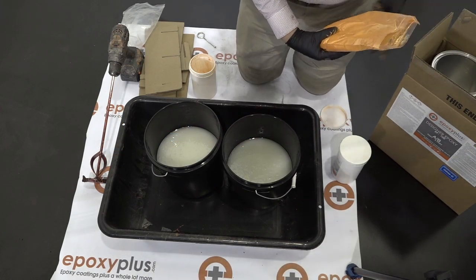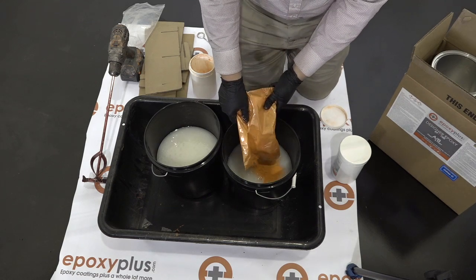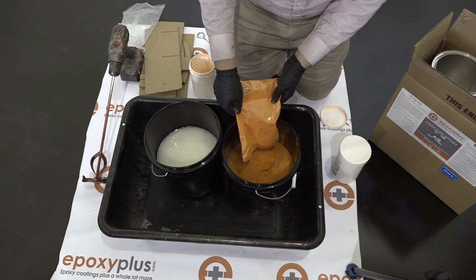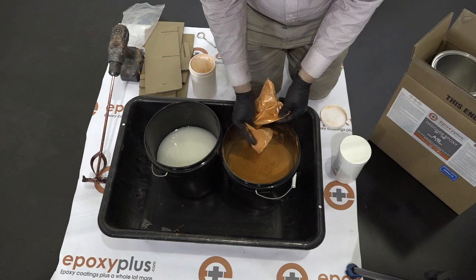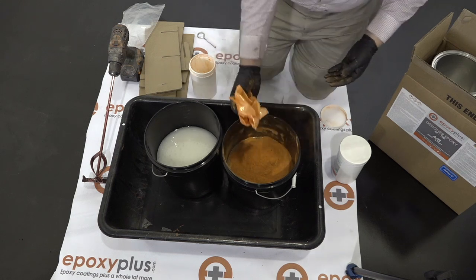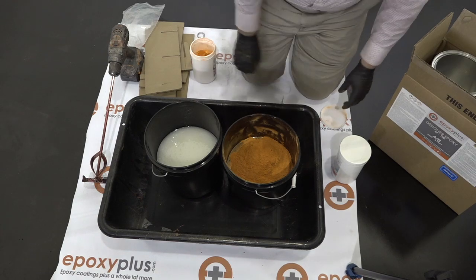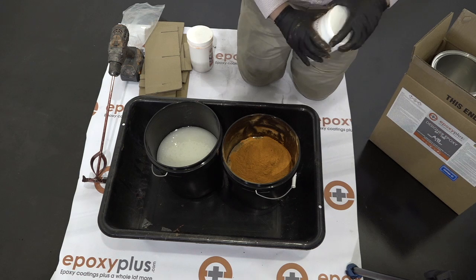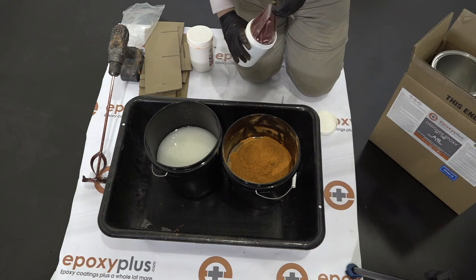All right, so we're going to go ahead now and pre-mix our metallic pigment inside just the A portion of the 3-gallon epoxy kit. We recommend one 16-ounce jar of our pigment for each 3-gallon kit of the metallic epoxy. And we're once again pre-mixing this in our A because we're going to spend about 10 minutes mixing each kit of epoxy